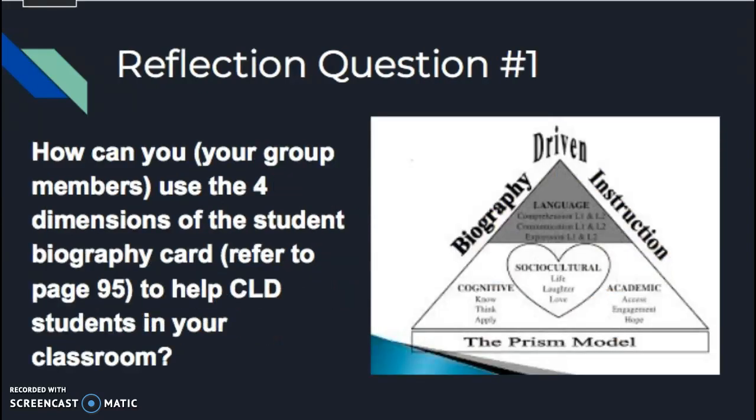Student biography cards can aid teachers in understanding more about student backgrounds. CLD students come to the United States with varying abilities, which can explain why they struggle in particular areas, including reading, writing, speaking, and listening. The biography cards can also indicate different testing accommodations that can benefit CLD learners. In addition, the cards also provide information about students' preferred grouping method. All of this information can be helpful in planning for instruction and activities within the classroom.